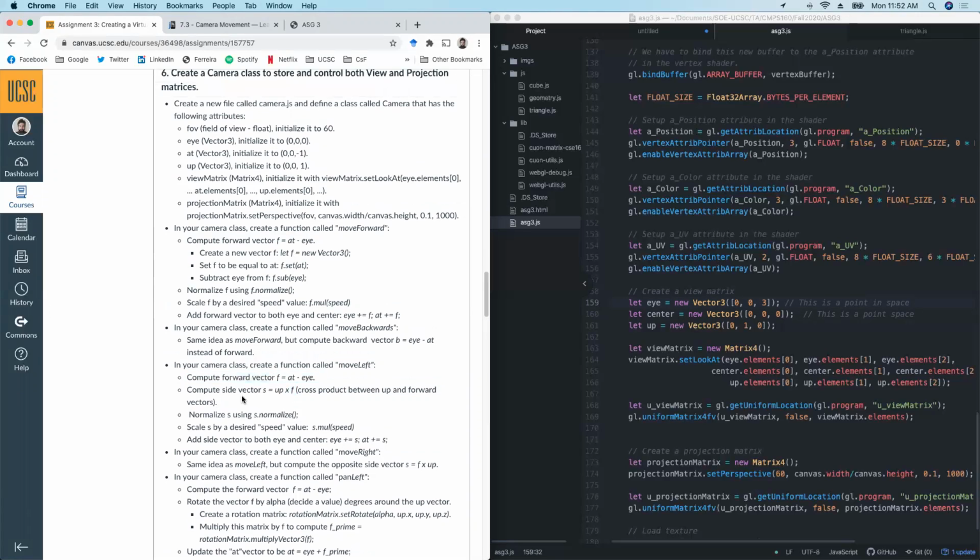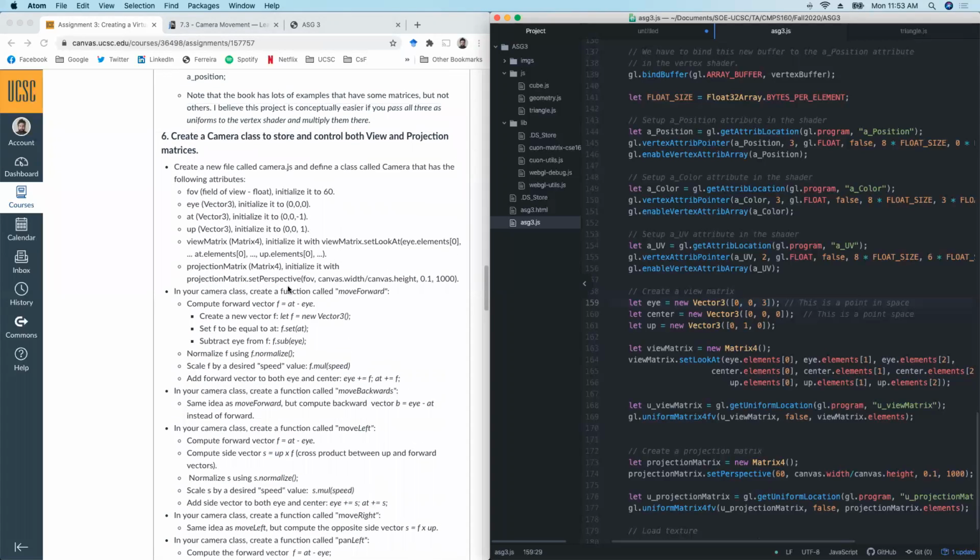So anyways, we have the math here to compute these vectors to make the movements work correctly. You cannot simply change those variables by adding. You cannot think that you are always aligned with the x, y, z coordinates of the world. You might not be aligned with these coordinates. Because of that, you're going to have to do this math to move things correctly. And unfortunately, again, I don't have much time now to explain each one of these. What this is saying, first of all, is to create a camera